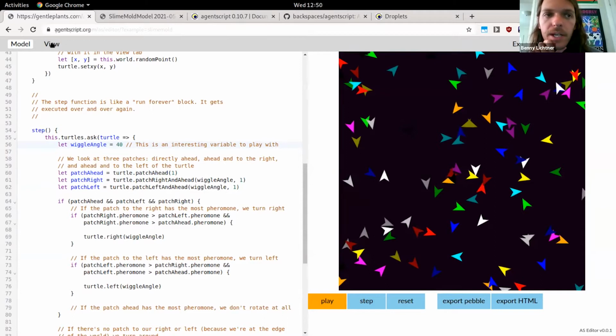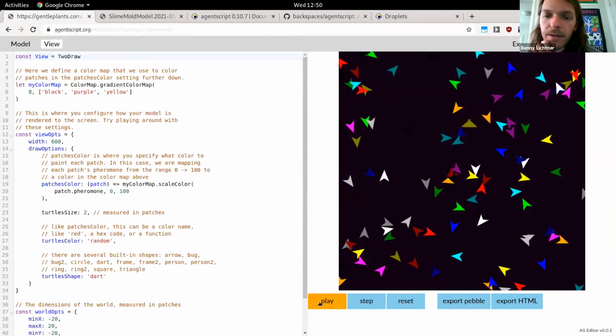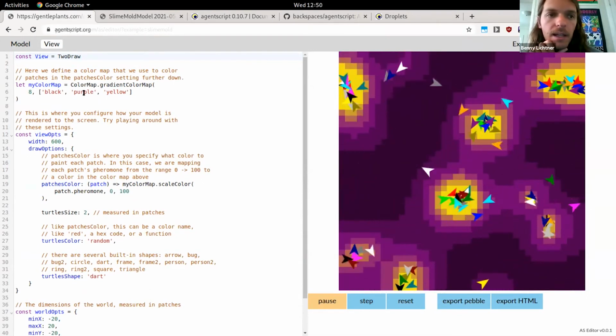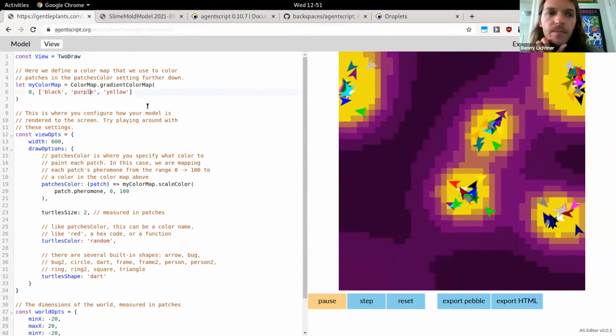There's also a view tab. So this is where you change how the model gets rendered. So I'll play this one, and then here again, let's say instead of this black, purple, yellow color scheme, I wanted